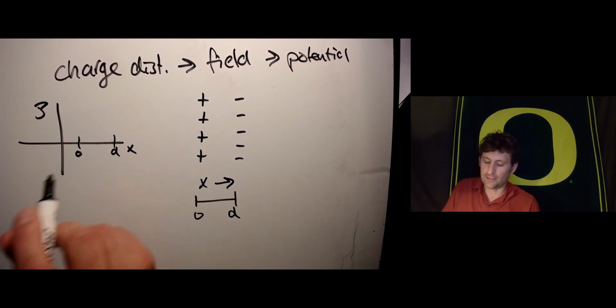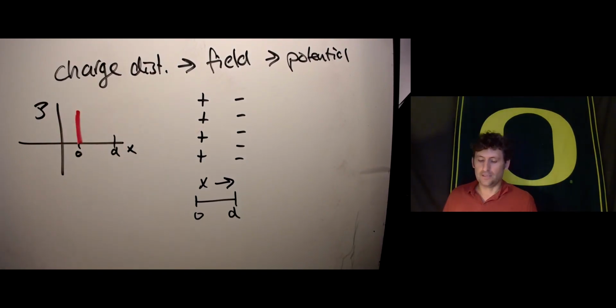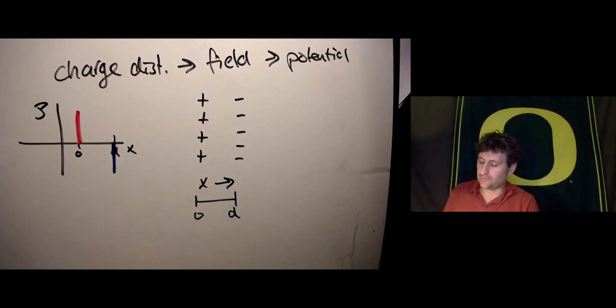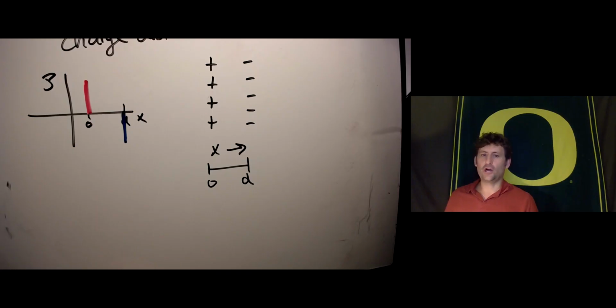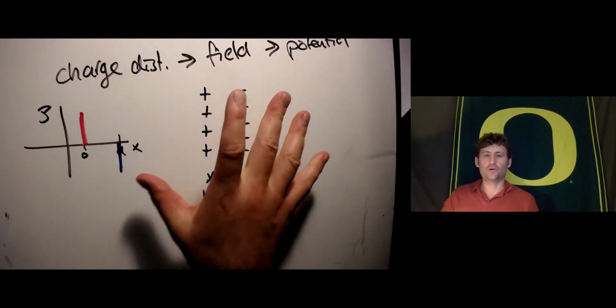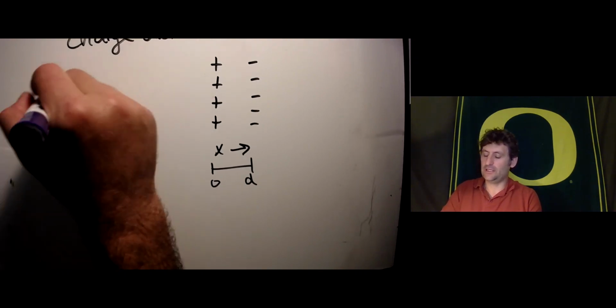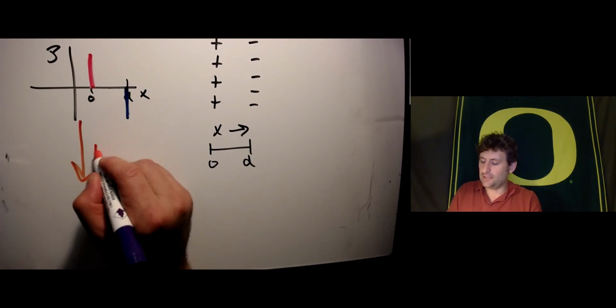Okay, and I'll plot d there. So I could represent this on this plot as sort of a line there that represents the positive charge density, and a negative line there that represents the negative charge density. Okay. Now, if I want to go from charge to electric field, I can use Gauss's law or a Poisson equation. I'm basically integrating with some boundary conditions the charge distribution. Okay, so I can integrate this,